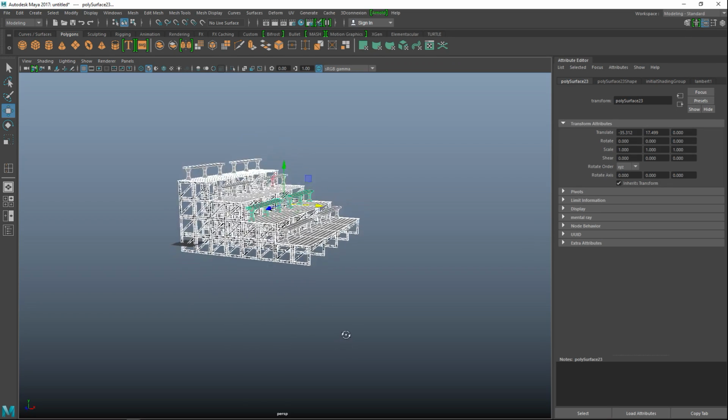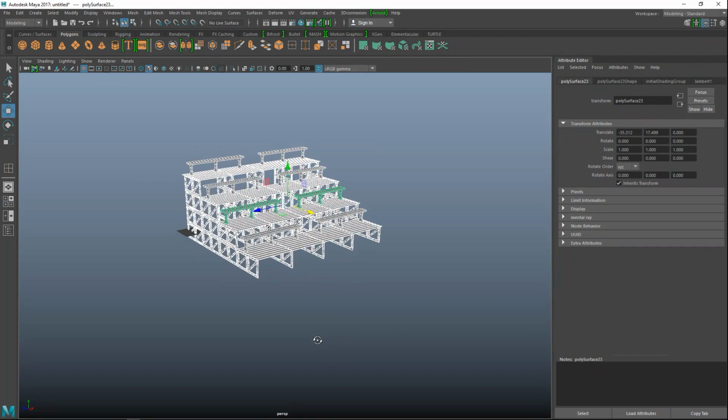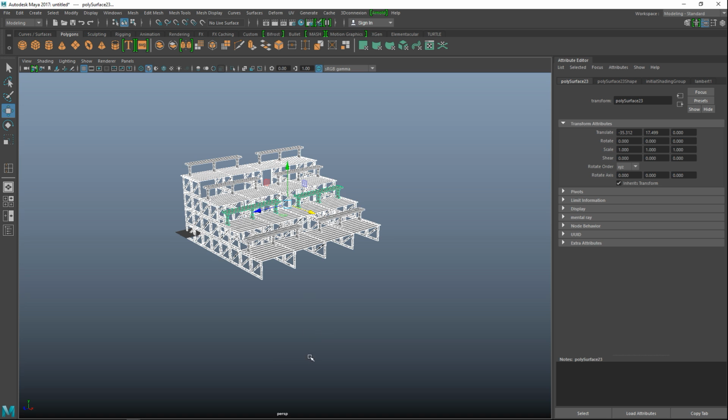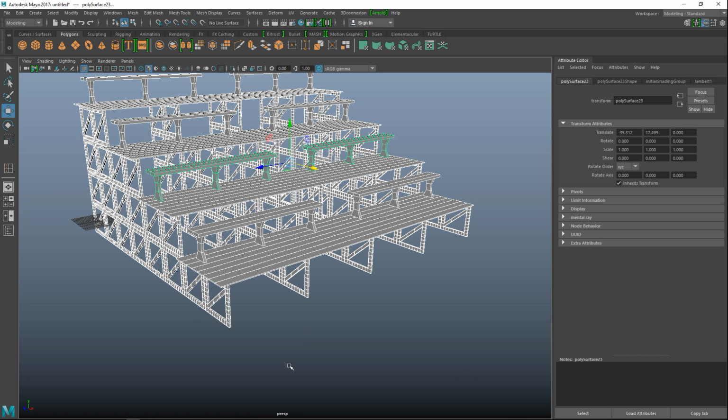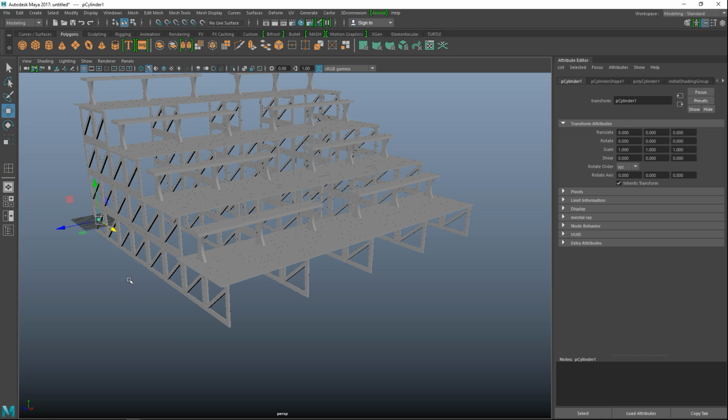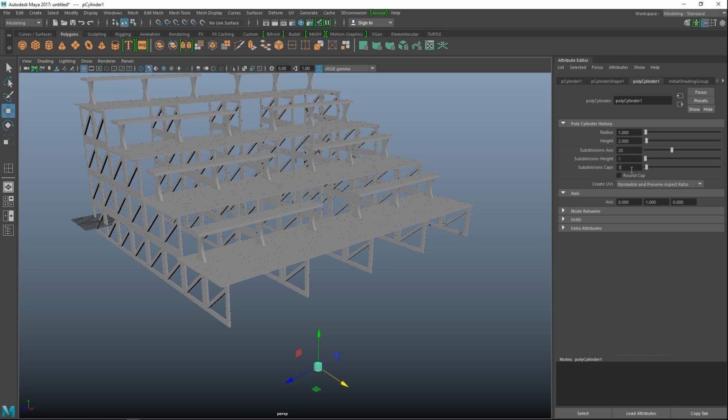And what we'll do is we're trying to figure out what the best way is to secure this thing. So yeah, what we'll do is we'll take a polygon pipe or a cylinder. We're gonna go in and set caps to 0.